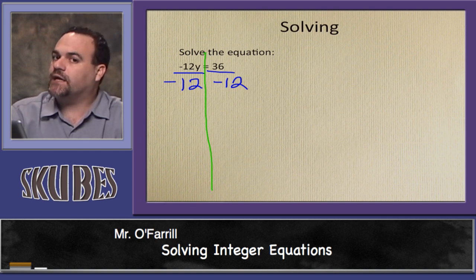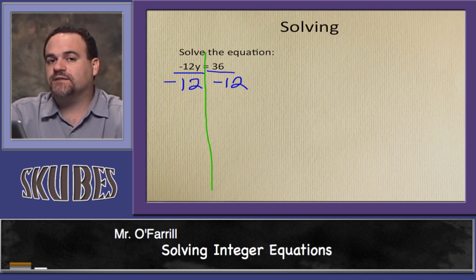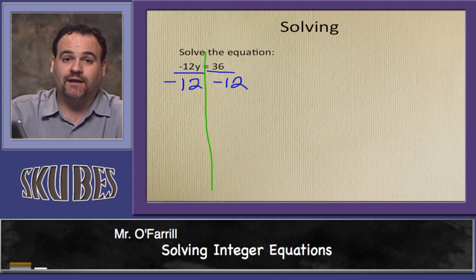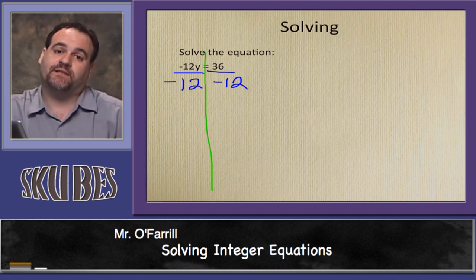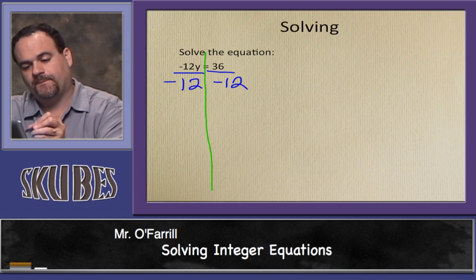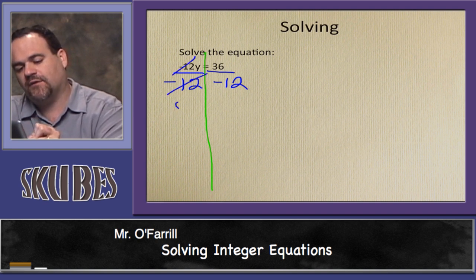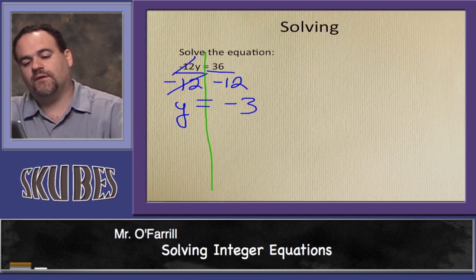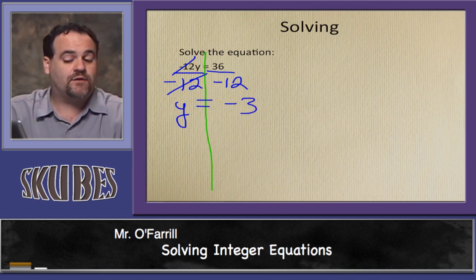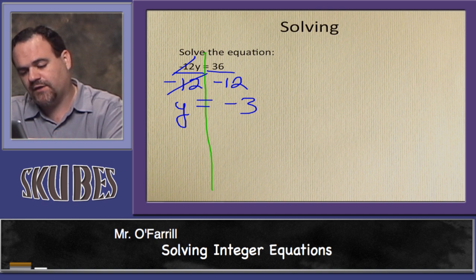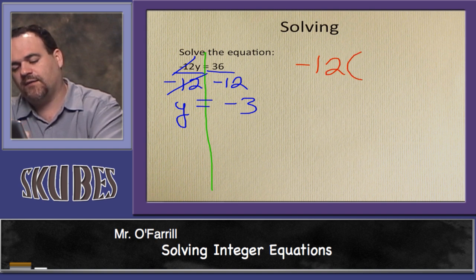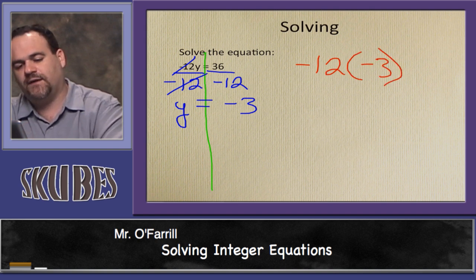Notice that I didn't change the sign of the 12. It's still negative, because the opposite of multiplying by a negative 12 is to divide by that same negative 12, unlike addition and subtraction where we change the sign. So the negative 12s are going to eliminate each other, and we have y equals 36 divided by negative 12, which is negative 3. Of course, the only way to be certain is to check our answer. I am pretty confident we got it right, but let's do this anyway. We're saying that negative 12 times negative 3